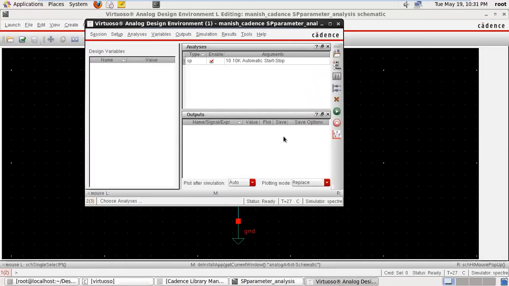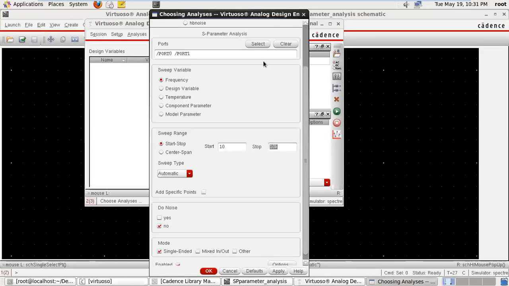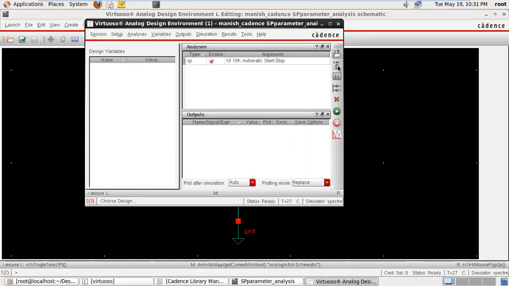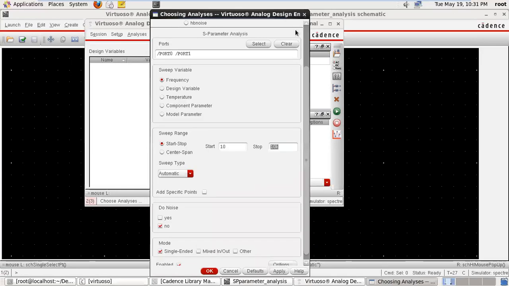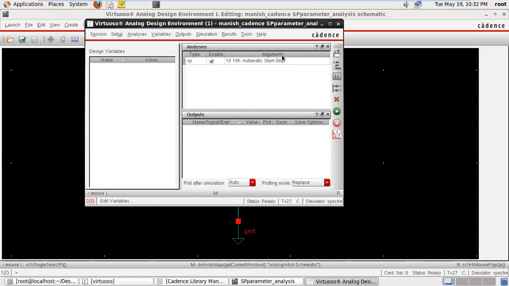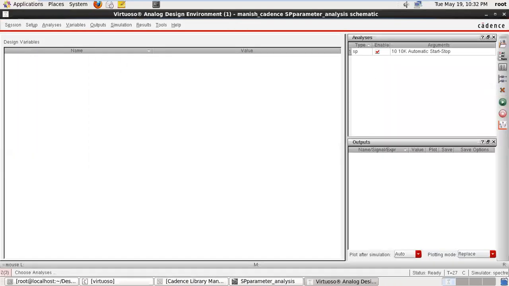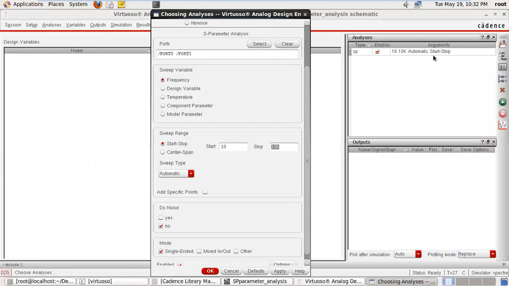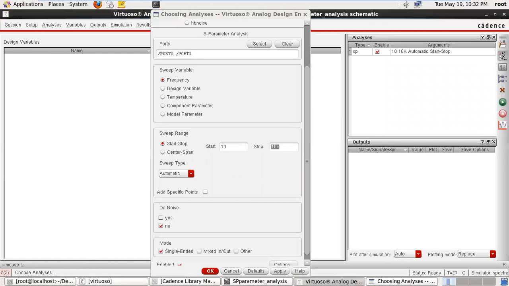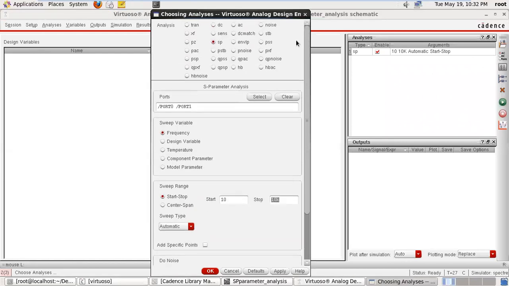Suppose we also want to calculate the voltage. If you want to measure the voltage, we go here and change this to DC.